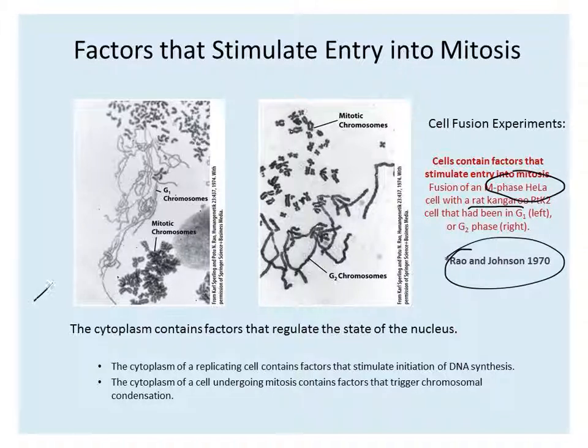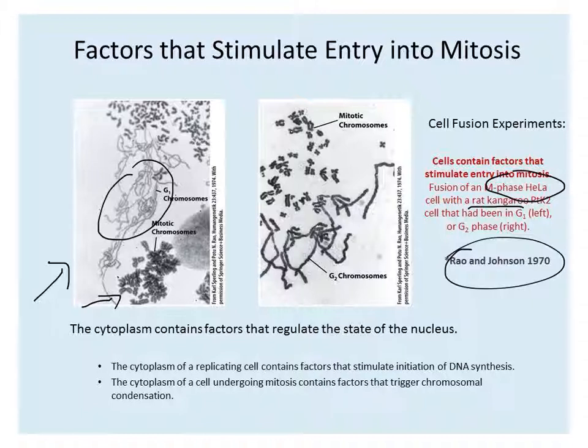This diagram shows what happened when an M phase cell was fused with a G1 cell, the PTK cell. They saw premature condensation of the G1 chromosomes. You can see the mitotic chromosomes from the mitotic cell, but here the G1 chromosomes are actually starting to condense as well. So there had to be some factor present in the mitotic cells that led to